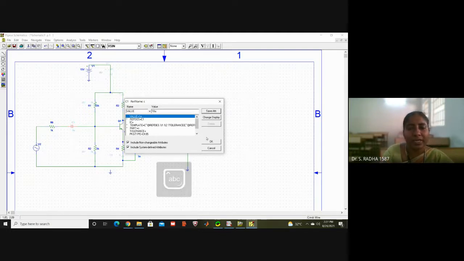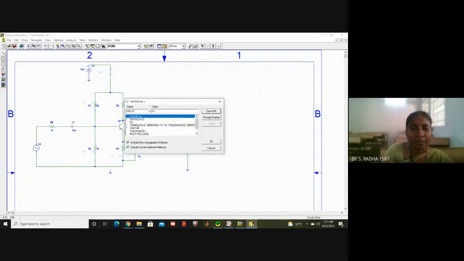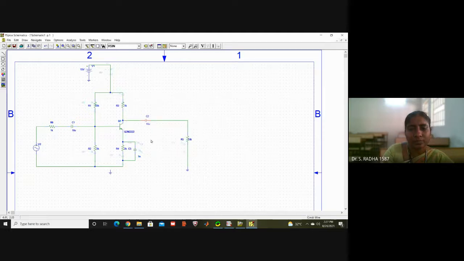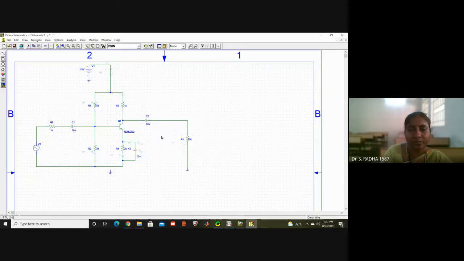All the capacitor values I am going to give 10 microfarad. All three capacitances I have given 10 microfarad. Okay, all the values I have cleared.